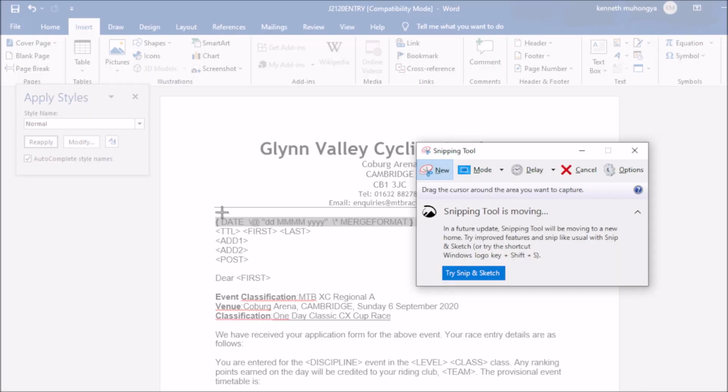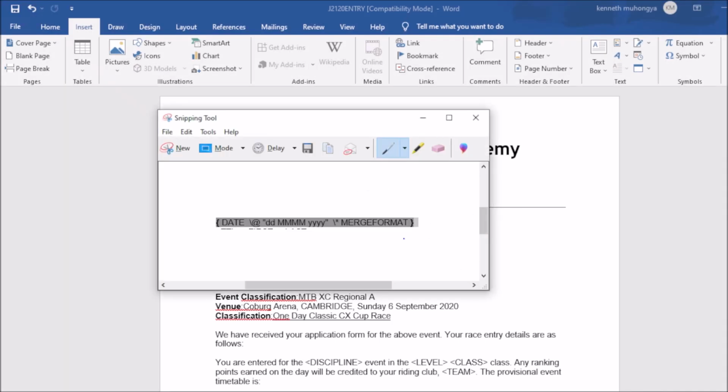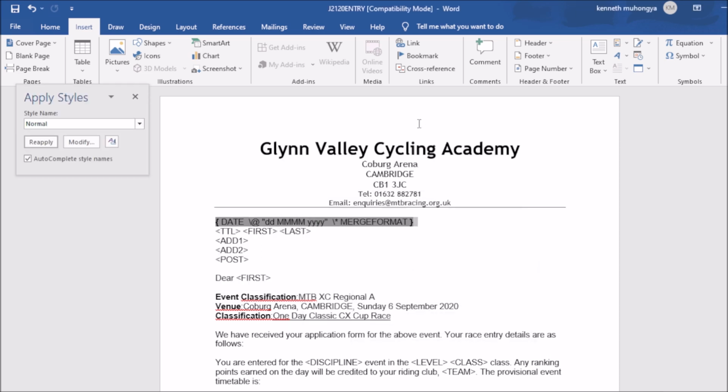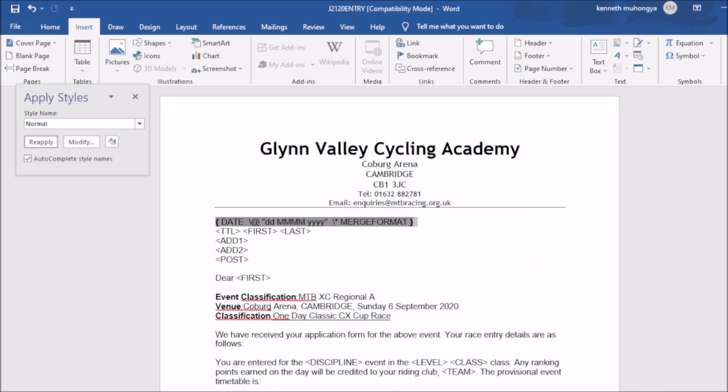So I'll take a screenshot of these field codes. This is what I'll take, and I'll copy this